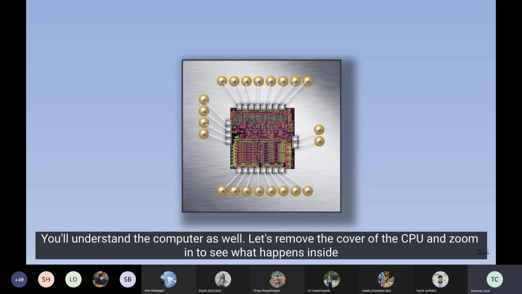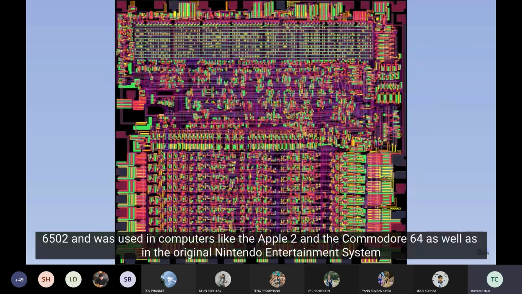Let's remove the cover of the CPU and zoom in to see what happens inside. There are lots of different wires carrying information around the CPU. This particular CPU is called the 6502 and was used in computers like the Apple II and the Commodore 64, as well as in the original Nintendo Entertainment System. This simulation of the 6502 can be found online at